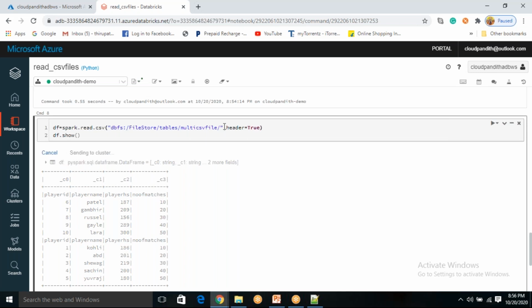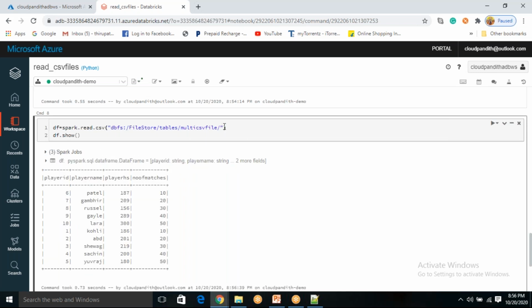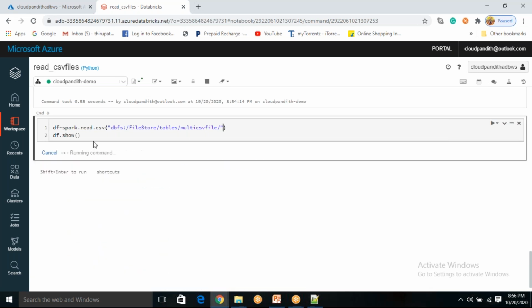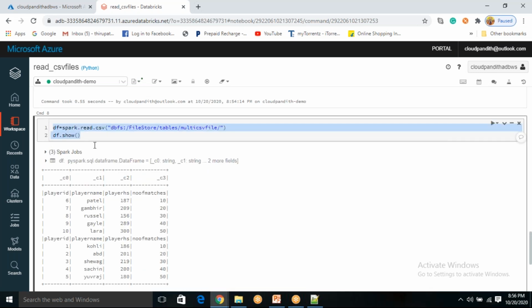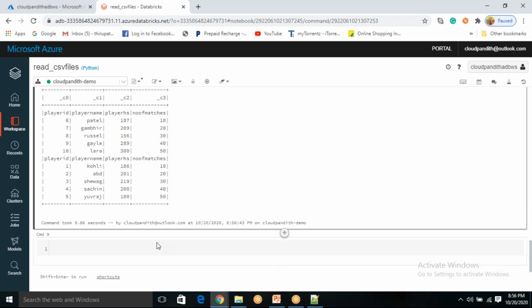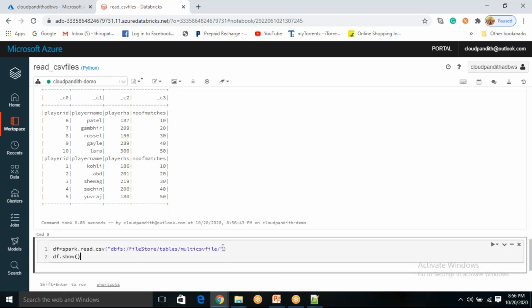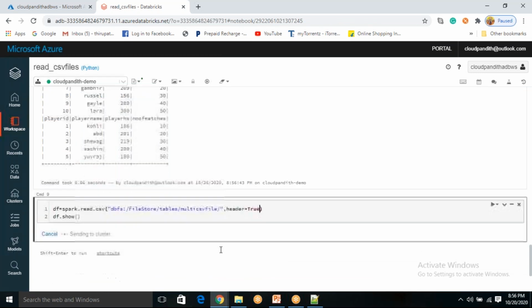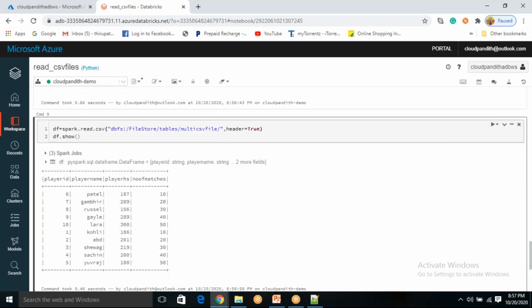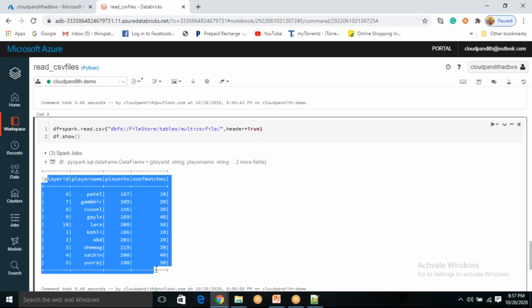Take this syntax, come down. Let me put header here. Header equal to true. You see the difference. Execute it. See now, all the data came properly.